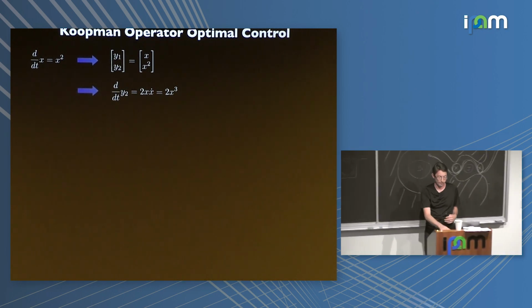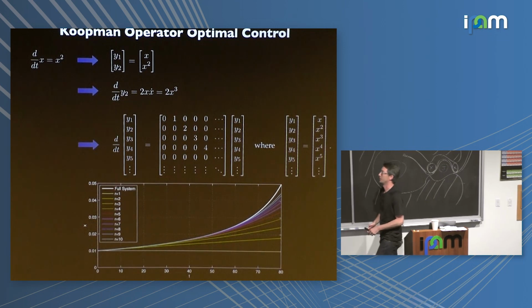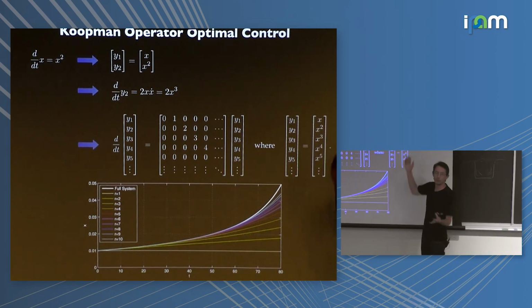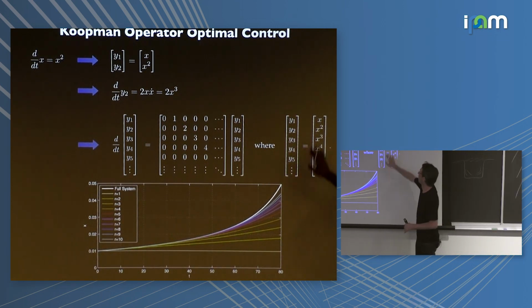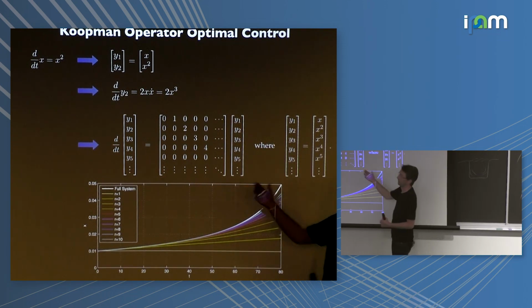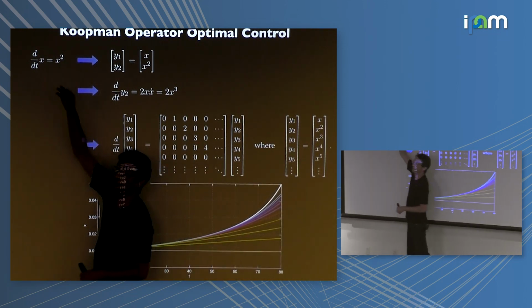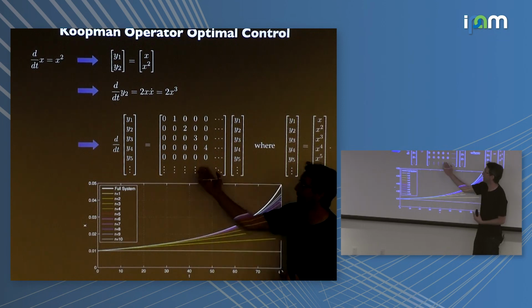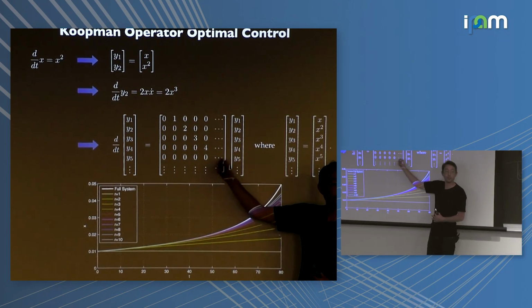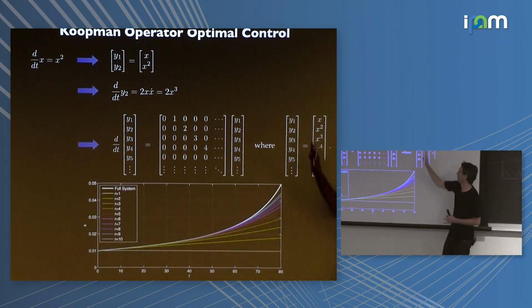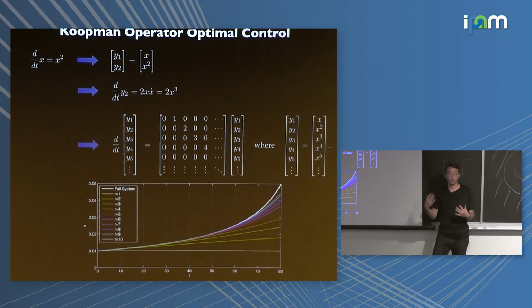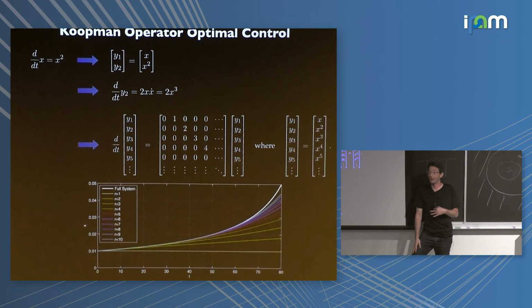It never closes. You get into this fundamental closure issue, no matter how many terms you add. Polynomials are a terrible basis, by the way. But if you chose polynomials like I did, because that's what the dynamics had, this would never, ever close. And you now see where Koopman was coming from, that you actually need the actual infinite dimensional representation for this operator. It doesn't close in any finite dimensional polynomial representation.